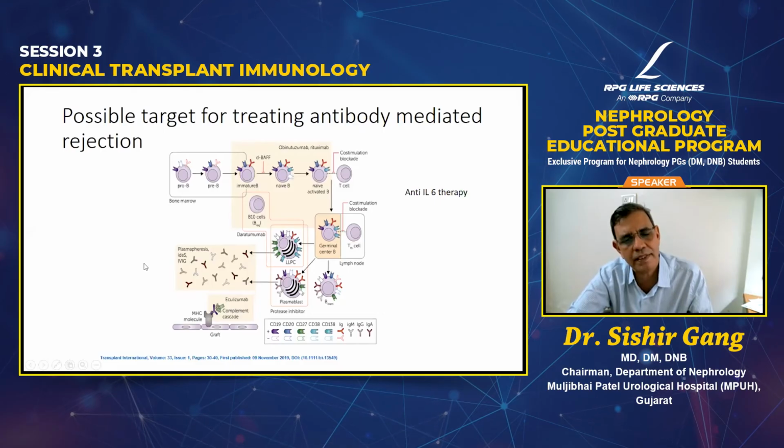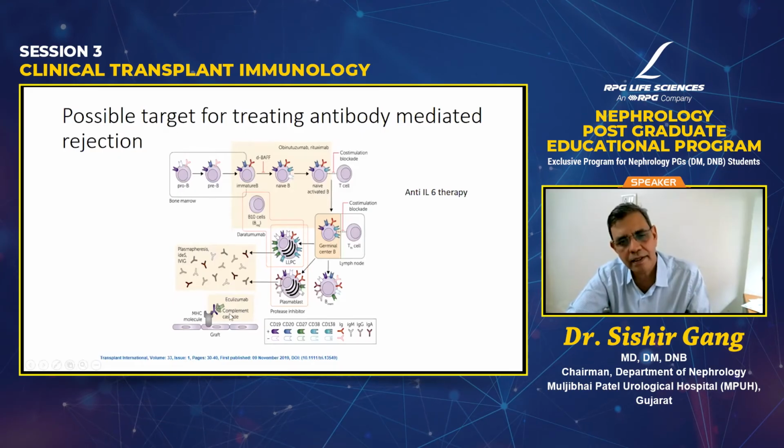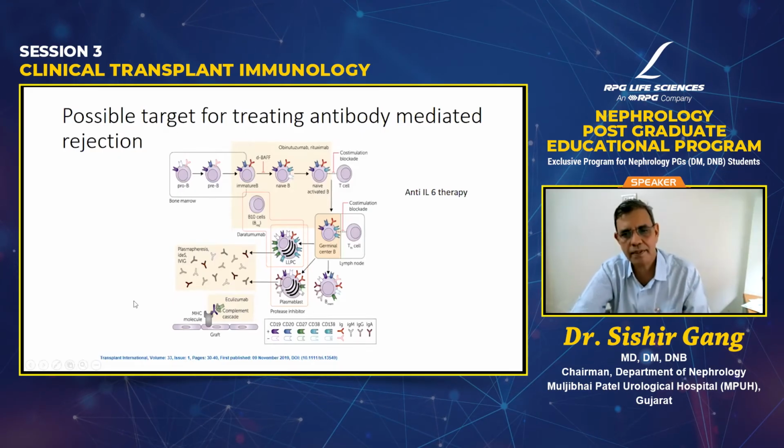IdeS, as you all know, is another enzyme which is used to actually split open the antibody, and you can damage the antibodies, but you can only give it once. You can't give it again because you develop antibodies to IdeS. That is the streptococcal enzyme. Again, you can work at a downstream pathway, using eculizumab, which acts on the complement cascade, and you will see more on therapies of this type of rejection.